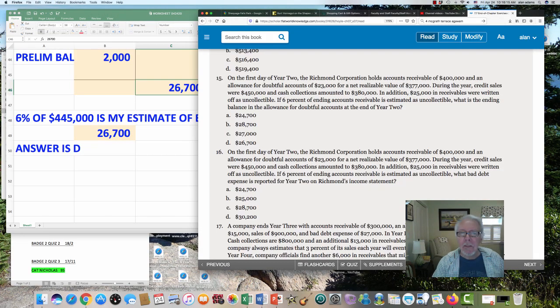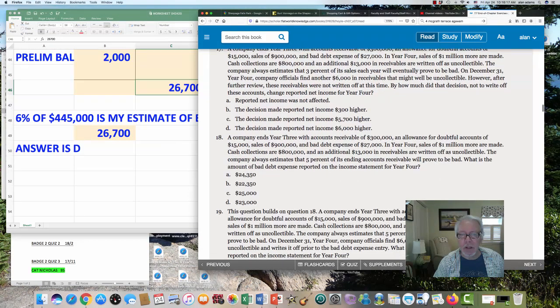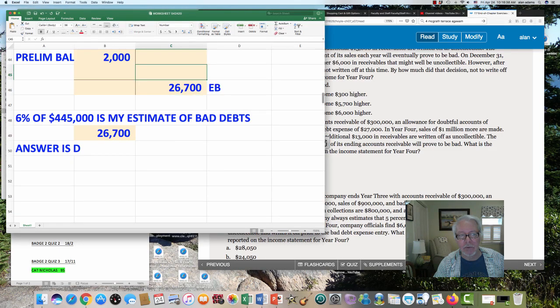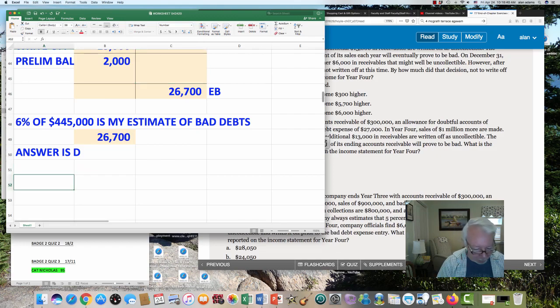But now, just to make things interesting, we're going to do our last problem here, which is number 18. Number 18, we are going to have to make an entry because they're not asking us to come up with the balance in that account. They're saying how much bad debt expense will be reported on the income statement. They are going to want to know this entry. Right. So, to solve problem number 18,